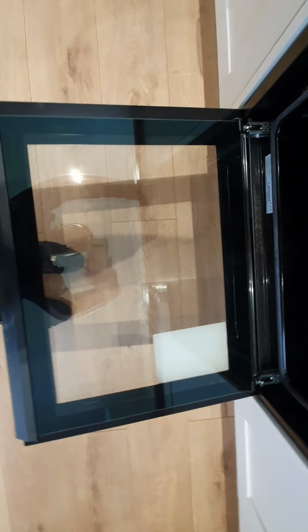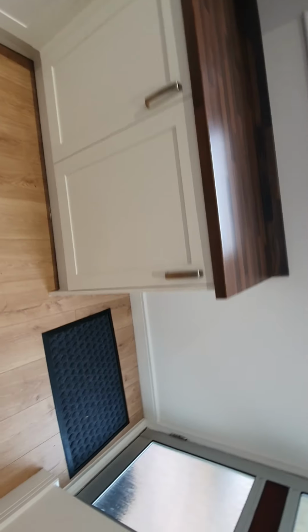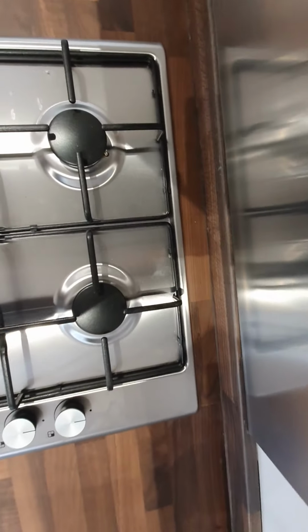You've got a Lamona integrated oven, brand newly fitted, with no grease marks, no dirt, no cause for concern. Just going to pop the light on so you can see inside. See the tray's clean, the sides are all clean. It's nice, really nice, nicely fitted. And then your units all currently closed with no grease marks or concerns to the side. And then your worktop is also clean with no burn marks, no damage, no scratches, no knife marks. And then you've got a Lamona hob, newly fitted,